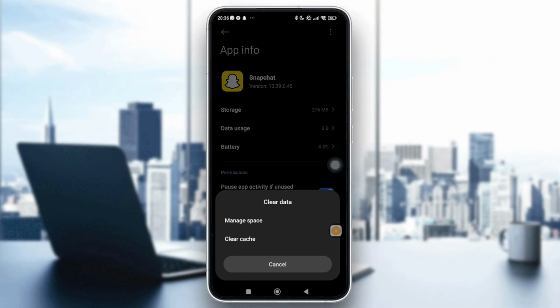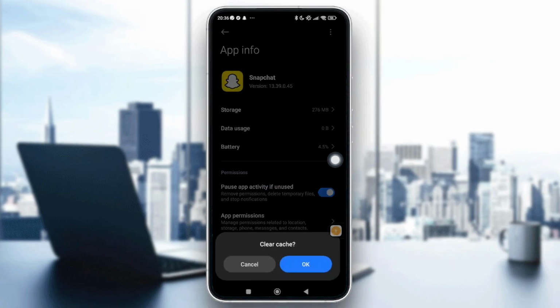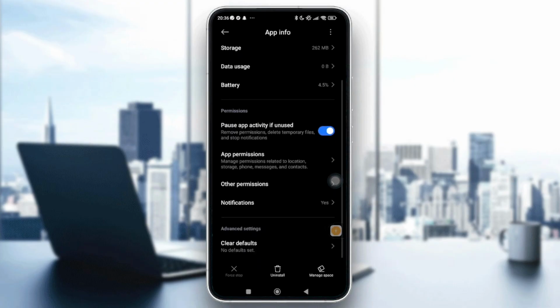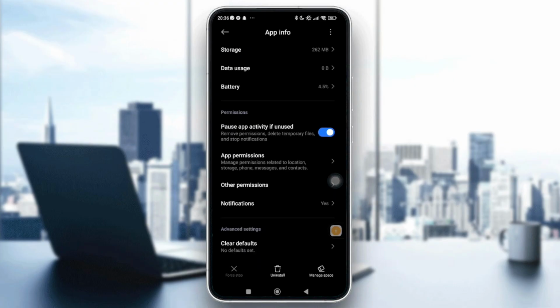Alright, once we clicked on clear data, there are two options that appear. We will choose clear cache. Alright, and then once you click on clear cache, click on OK. So once you do these steps, that issue will be fixed,